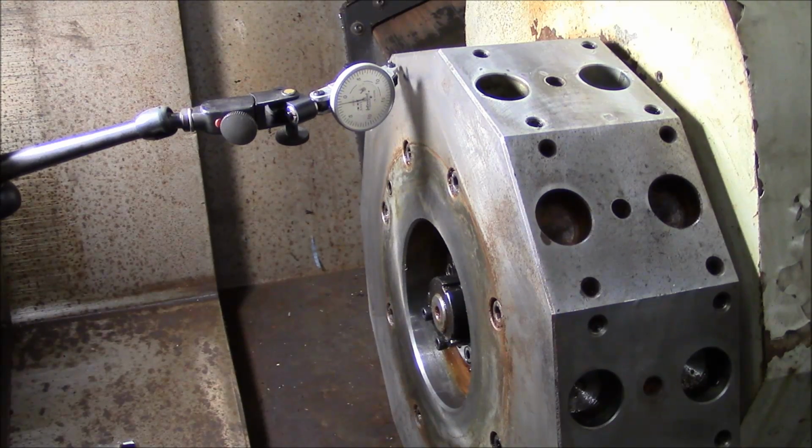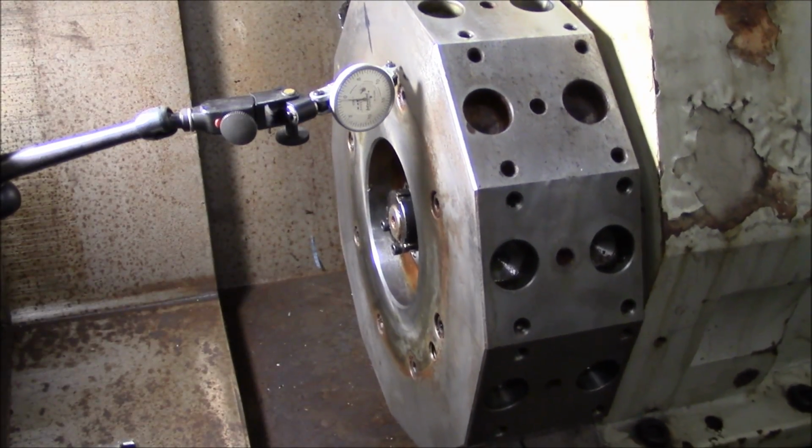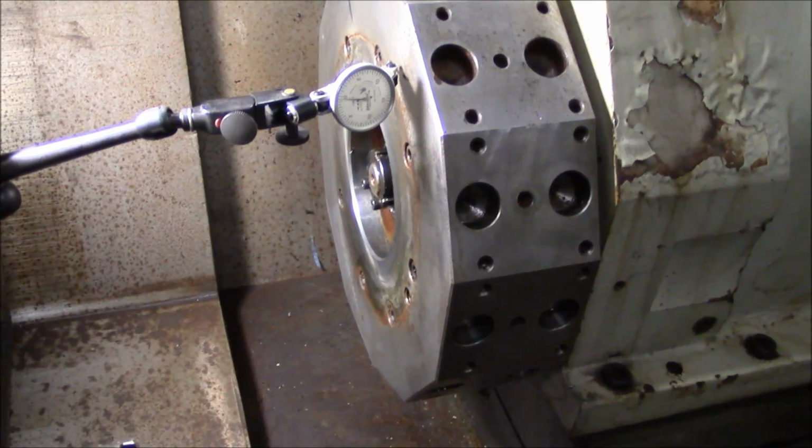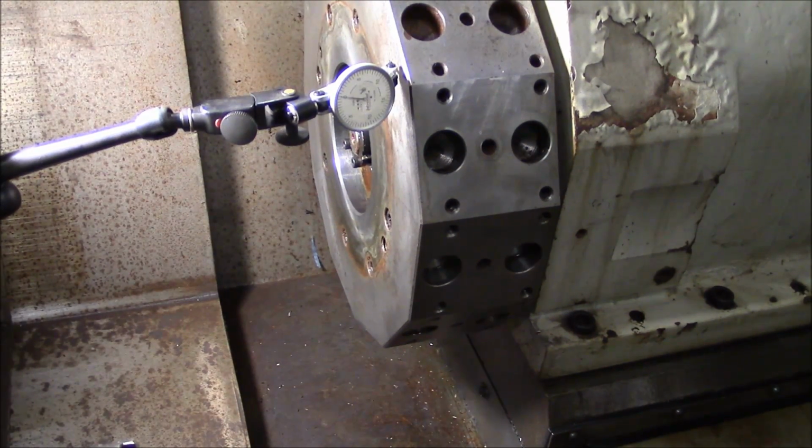I don't know how well you'll be able to see this, but this is the first check that we're going to make as far as the actual alignment of the machine. So right now what I'm doing is checking to make sure that the face of the turret is parallel to the x-axis. I'm just using the outside face of the turret and an indicator. I don't know if you can see the dial or not, but that's about 2.5 thousandths total reading on the indicator over a distance of maybe 10 inches. So that's really not that bad,